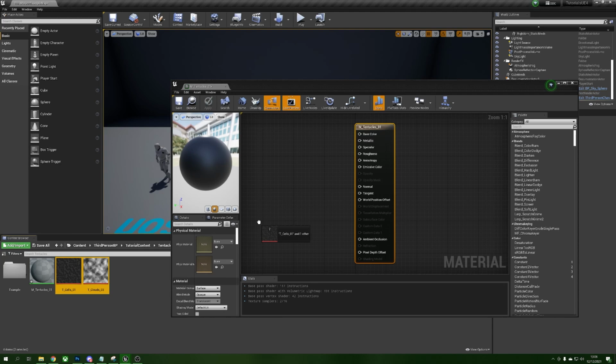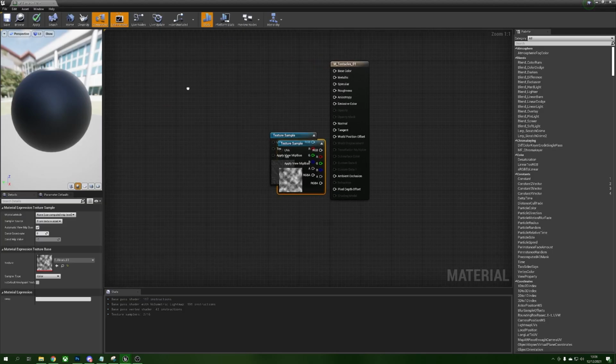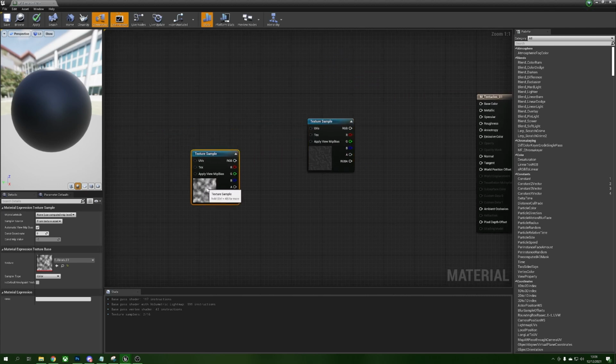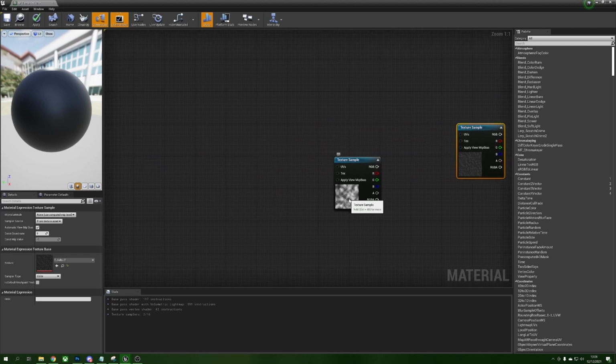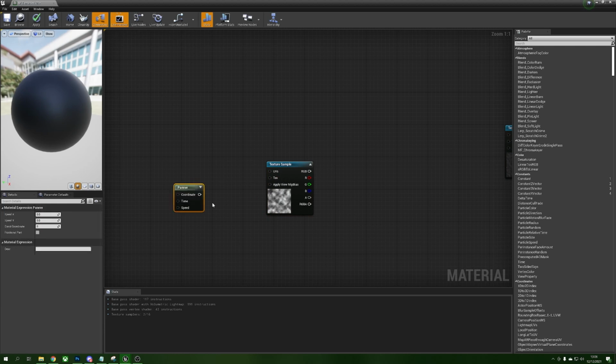And we'll grab our 2 textures and we will just drag these into the material editor. Now this is open, we are going to want the clouds first because we're going to want to add something here to the UVs of our cells to warp them and make them offset. To do this without it looking too obvious, we're going to hold P and left click to get a panner node, and we're going to plug this directly into the UVs of the clouds